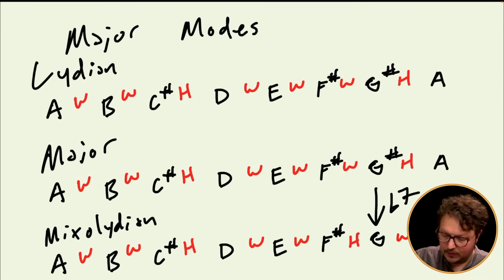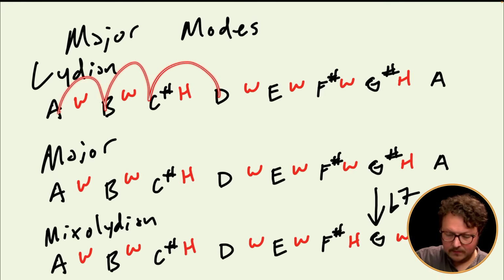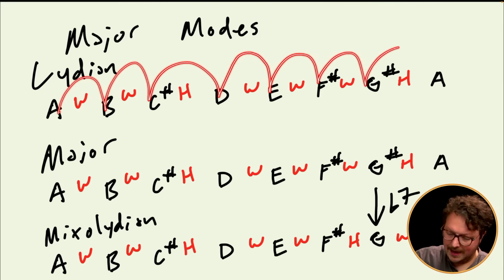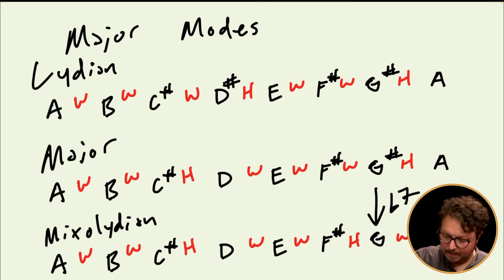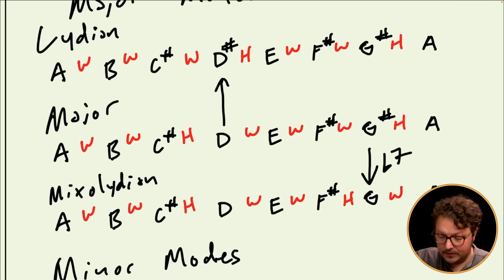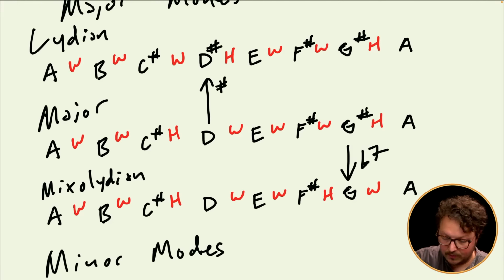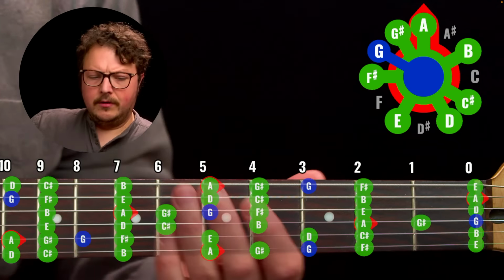Check this out. Back over here, we've got whole, whole, whole, half, whole, whole, half. So in this case, what we're doing is we are erasing this. We're replacing it with a half here and a whole here. Then we're turning this D into a D sharp. So what you could say is a Lydian scale compared to a major scale has a sharp 4. So what would that look like? That would look like